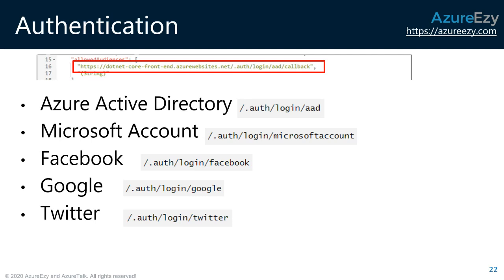The difference is just about this URL that you see on the screen. You just need to make that difference here. Here you see auth.login-AAD. Here it will be Microsoft account. Microsoft account is like your normal Microsoft Live account, Hotmail account. AAD is like your Azure Active Directory. Facebook, Google, Twitter, self-explanatory. You can deploy your application and integrate with any one of the authentication providers to authenticate users using these authentications.